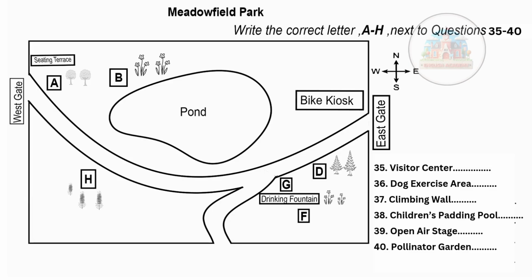To support biodiversity, we've created a pollinator garden. It's on a curve along the western path, halfway between the pond and the west gate. This area is filled with native plants and attracts bees and butterflies. And lastly, near the southwest corner, adjacent to the wildflower beds, there's a new drinking fountain. It's next to a small junction in the path and easily accessible from both the garden area